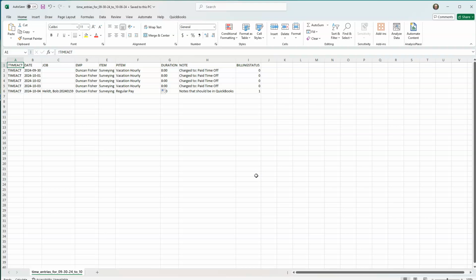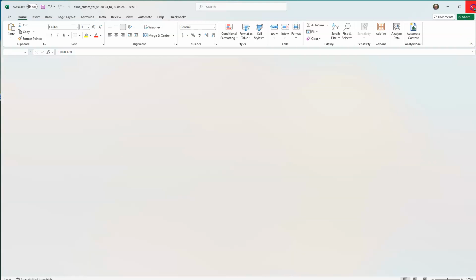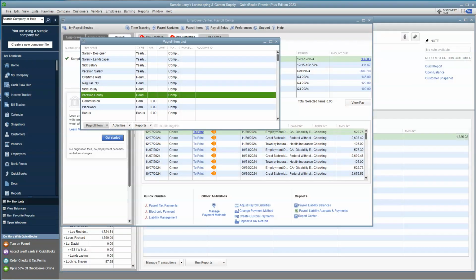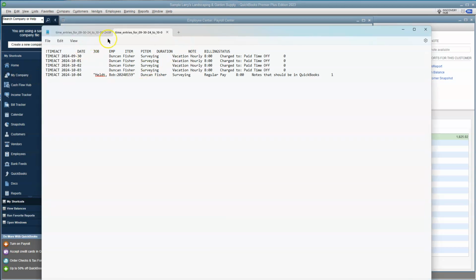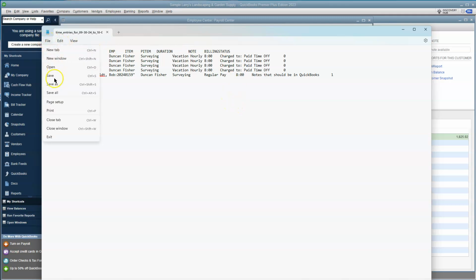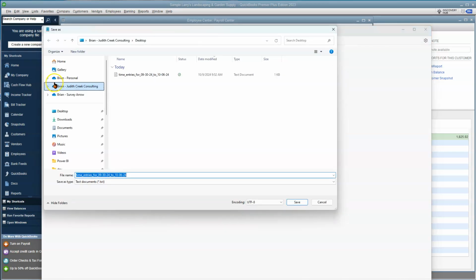I'll choose save there. Okay, then I'm going to close it, and then I'm going to open up this file. Now this is the tab delimited file that I just created. Let me close that other one. This is the format that QuickBooks Desktop is expecting. But we've got one more change we need to make. We need to make sure that this is saved with an IIF extension. This currently has a .txt, and I need to change it to